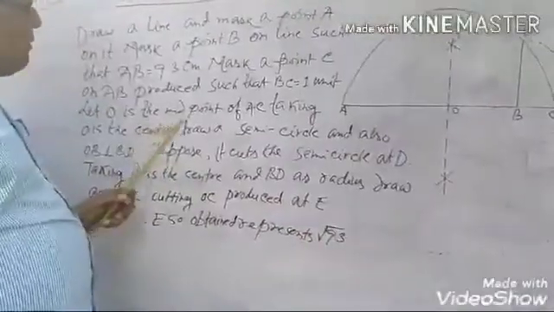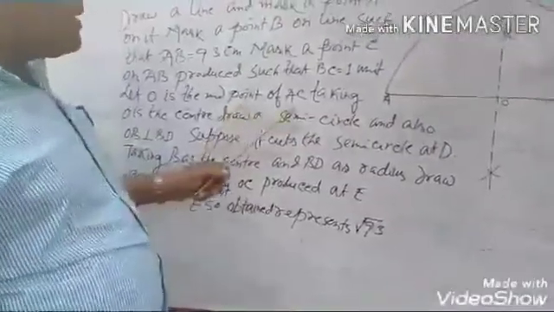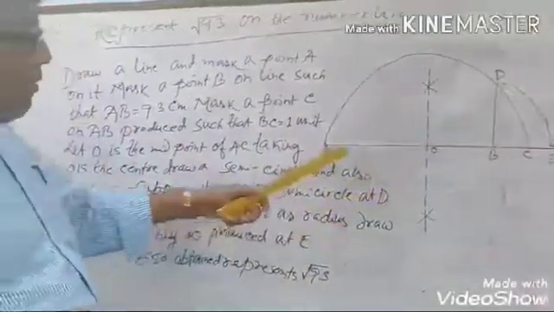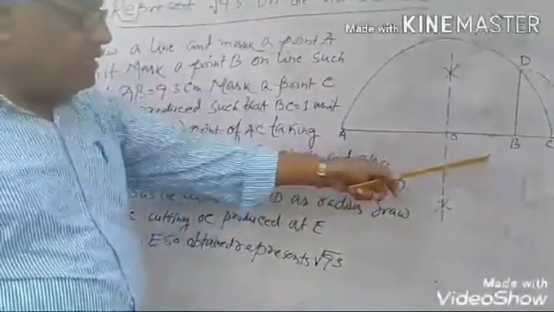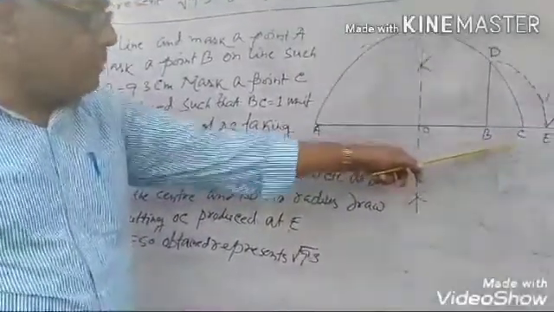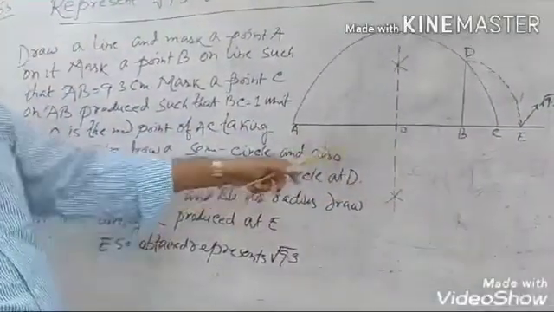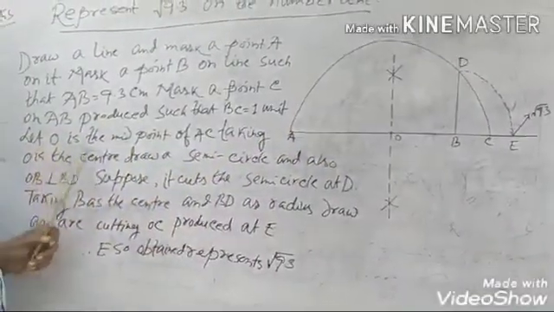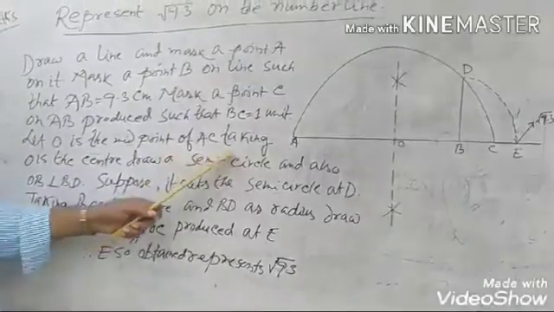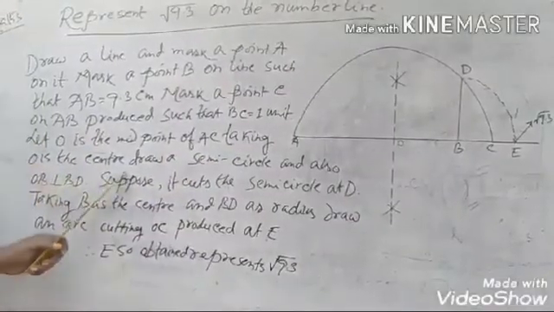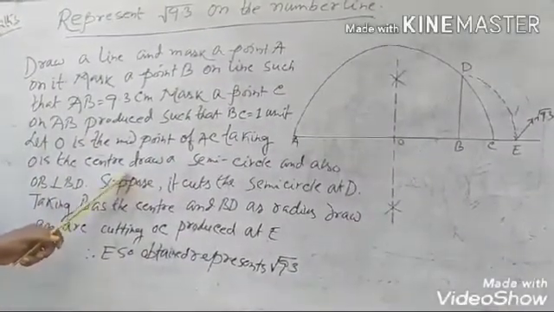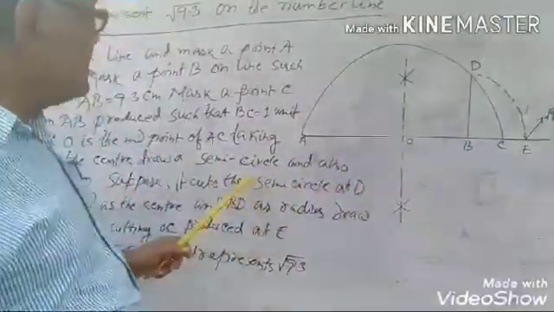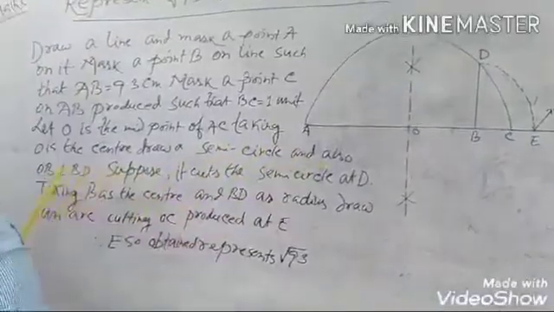Let O be the midpoint of AC. The bisector of line AC, the midpoint O, easily comes out. Taking O as the center, draw a semicircle, and also draw OB